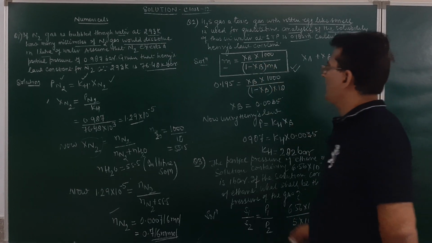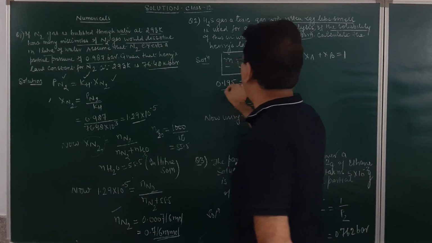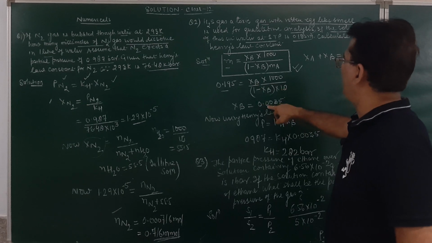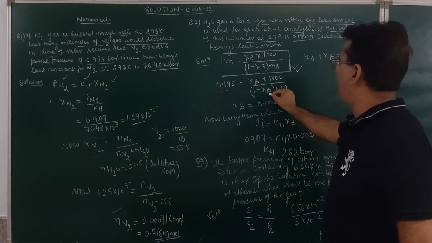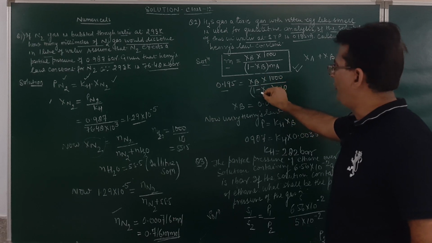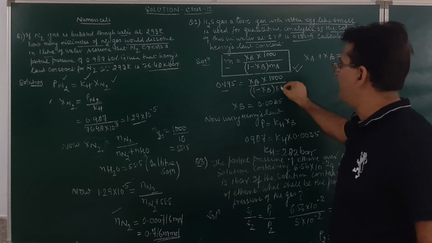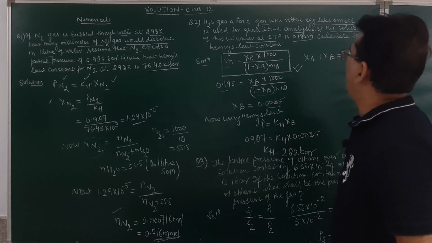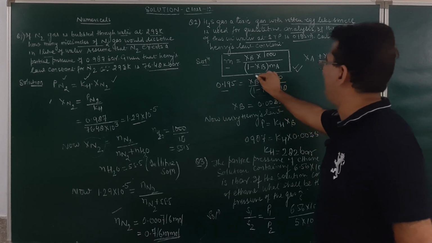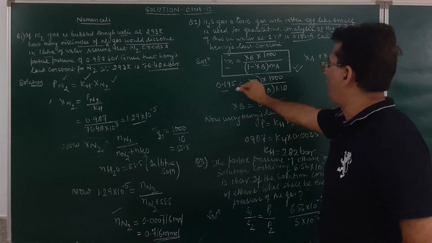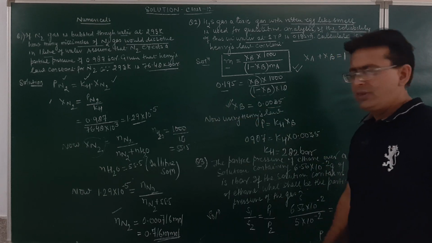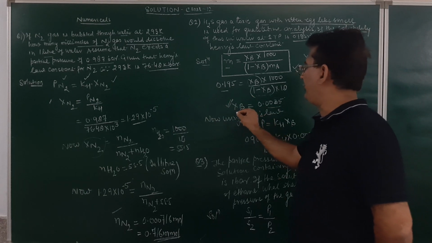If you solve it up, what is the molality of the solution? 0.195. Mole fraction of the solute is to be found out, and this will be equal to 1 minus xa, which is the mole fraction of the solvent. So formula is mole fraction of solute upon mole fraction of solvent into 1000 upon 18. The value of xb is to be found out over here. So if we solve this, the value of xb will come out to be equal to 0.0035. So we have found out the mole fraction of the solute over here.